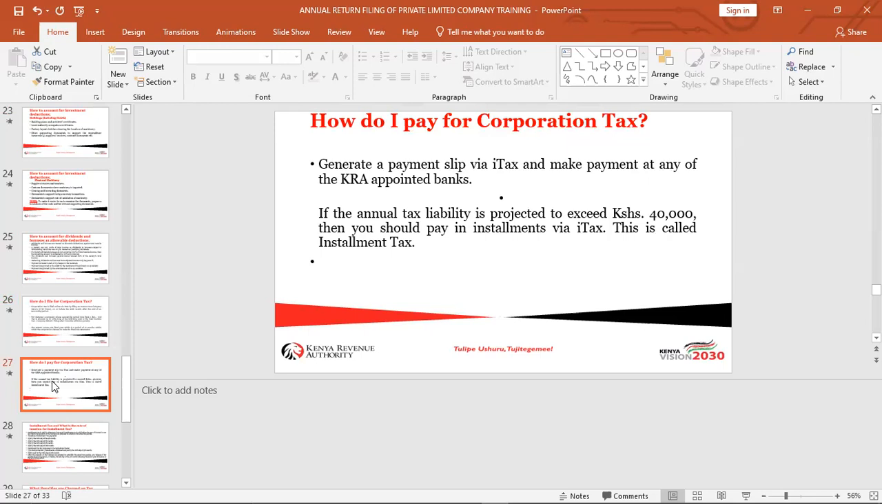Number one, you generate a payment slip via iTax and make payment at any KRA appointed bank. If the annual tax liability is projected to exceed 40,000, then you should pay an installment via iTax. It is called installment tax. So if you project that your profit is going to be more than